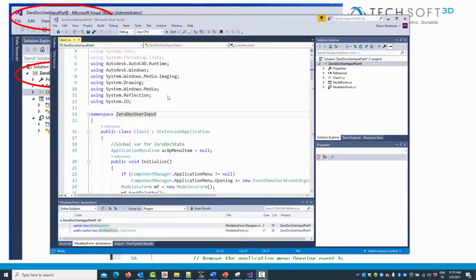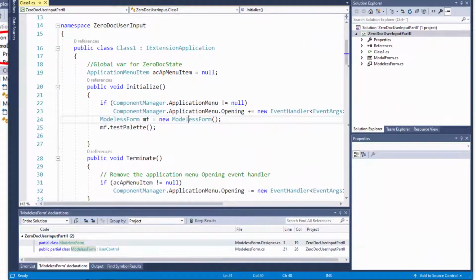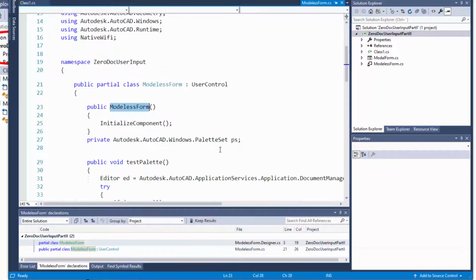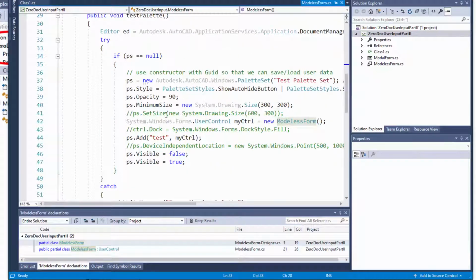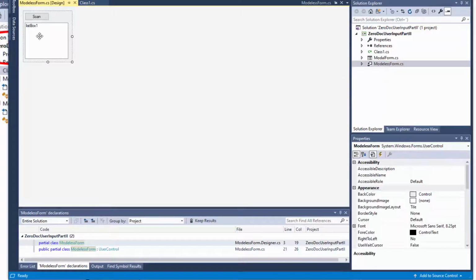Looking at the code, we see the initialization of the modeless form, which is added to a standard AutoCAD palette set, inheriting the behavior and features like docking and sizing and all that comes with the framework.